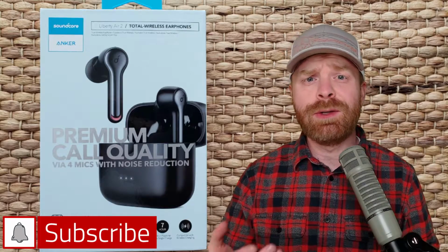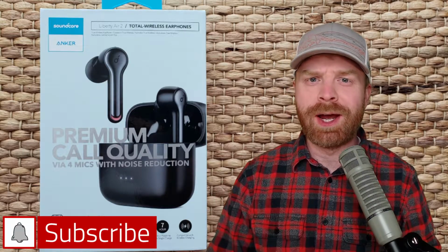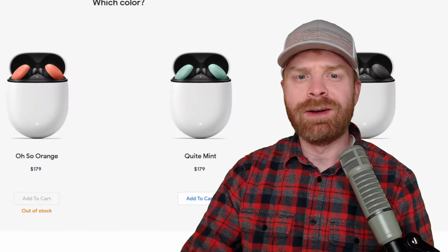Alright, to kick things off, more and more people are switching over to Bluetooth earphones nowadays since a lot of new phones no longer have a headphone jack. There are a ton of different Bluetooth earphones out there. There are inexpensive ones and there are very pricey ones. Take the Earbuds for example that start at $159 and work their way up from there. The Pixel Buds are